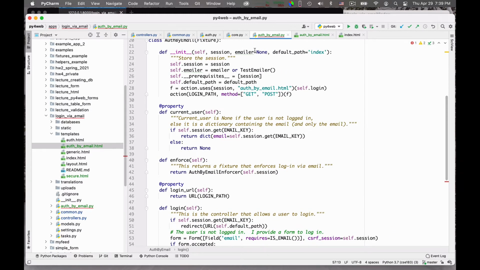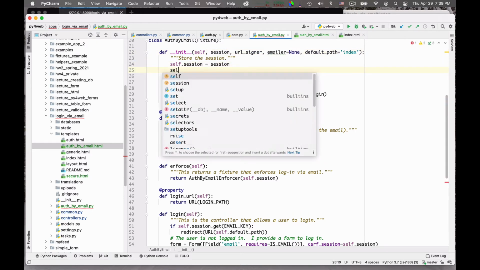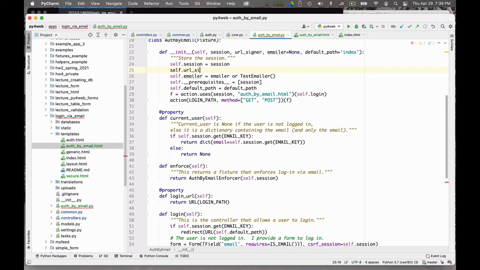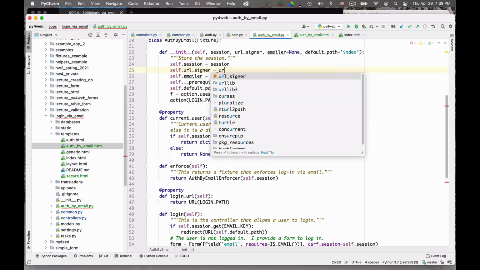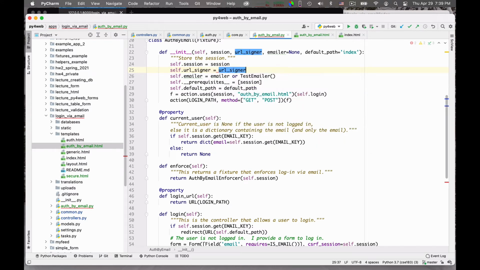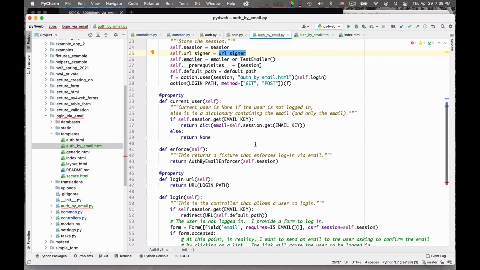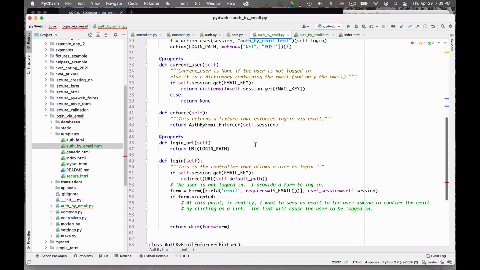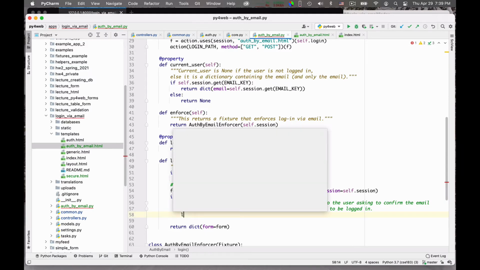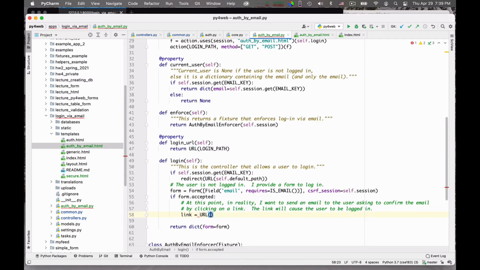So I think it would be better to get here also a URL signer, so that one can always use the same URL signer. So I say self.url_signer is equal to URL signer. So with this URL signer, I can say link is equal to a URL to.